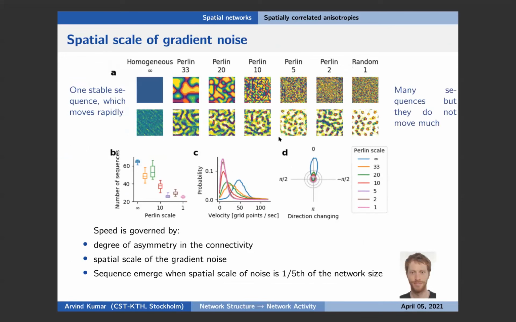Now, this spatial correlation is important. In one case, it gives us traveling waves. In the other extreme, when everybody has a different preferred direction, it gives us standing bumps. So there is just a continuum here. If you have more local correlation in the preferred connectivity of neurons, you get bigger sequences, fewer sequences. But what is key is that there should be some spatial correlation in the degree of asymmetry of connectivity.